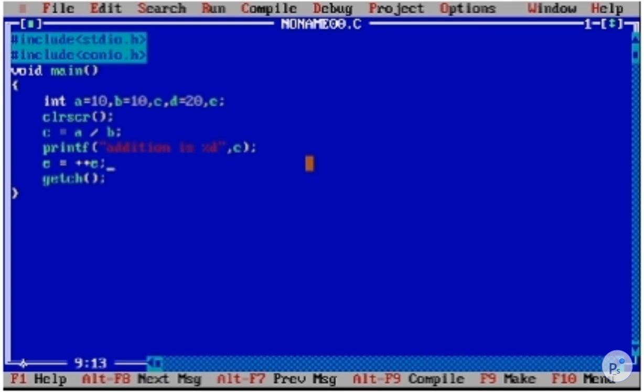So what is the type of this unary operator? Pre-increment, because we are giving the operator first and then the variable, so it will increment the value of the d variable. So let's print that out. It will increment the value by 1.